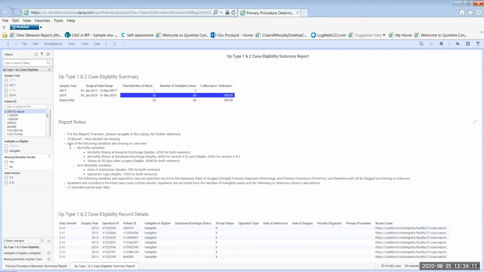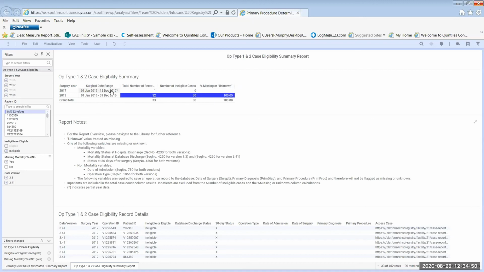That is also described here in the notes section. We're still working on further refining these notes so that they're clear, concise, and meaningful. You may see some additional updates to the verbiage, but our goal is to give the user enough information to understand exactly what we're viewing in the report. That includes what gets considered in the missing or unknown calculation, and what variables we aren't including for inpatient records in our calculation.